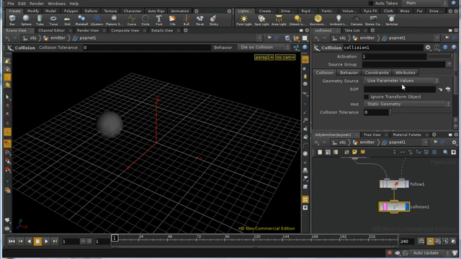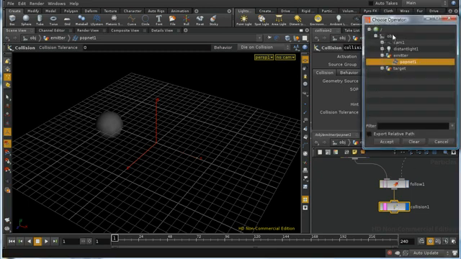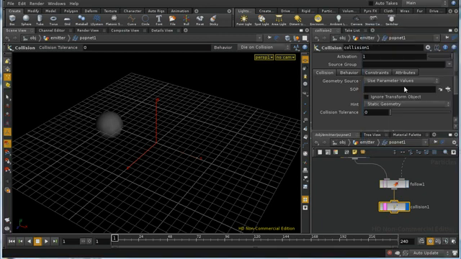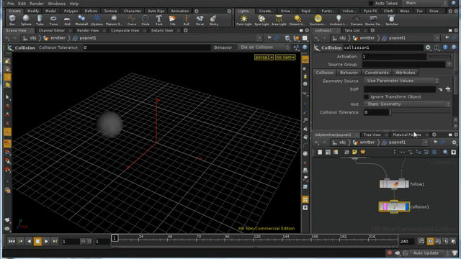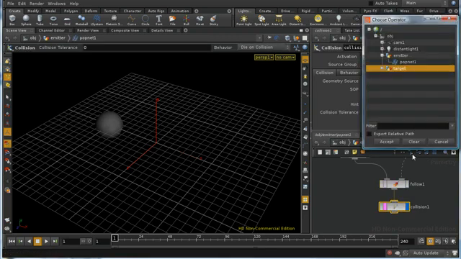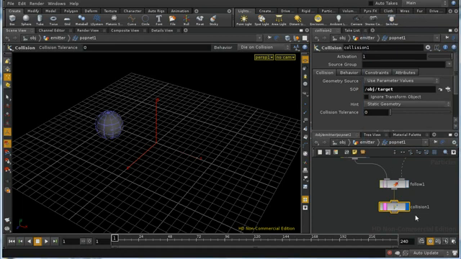And we have a choice here of either using parameter values, in other words, choosing by hand the SOP that we want to collide with, or we can use first, second, third or fourth context geometry. Context geometry are the things attached to these inputs here on our PopNet node. Well, we're going to use parameter values,